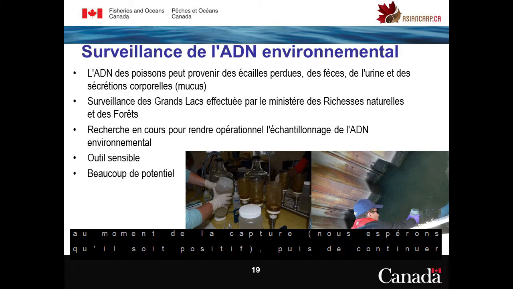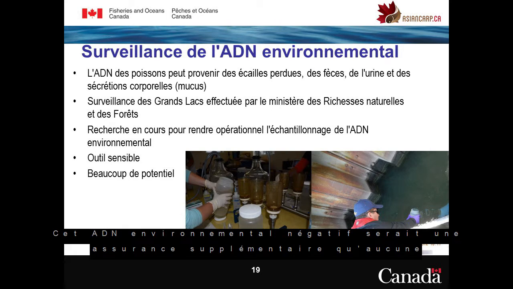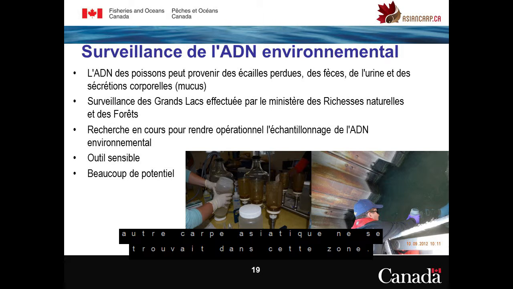We'd expect it to be positive, and then follow up our sampling to confirm that no additional eDNA is in an area after traditional sampling fails to collect any additional fishes. So that negative eDNA would be an extra reassurance that no additional Asian carp are in that area.